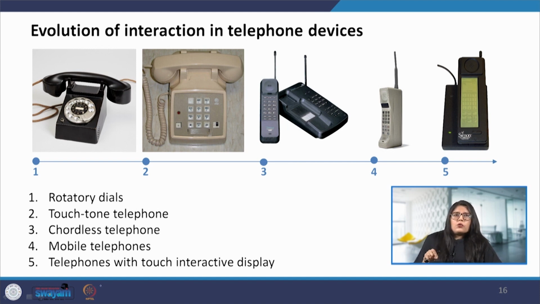Then we had the touch tone telephone, which was later replaced by the cordless telephone, which allowed people to move around while they talked, and also mobile telephones, where on the screen we could see who is calling us, a caller ID. This was also a very accessible product, the cordless phone as well as the mobile technology, so somebody in a wheelchair or somebody unable to climb up the steps can also use the phone.